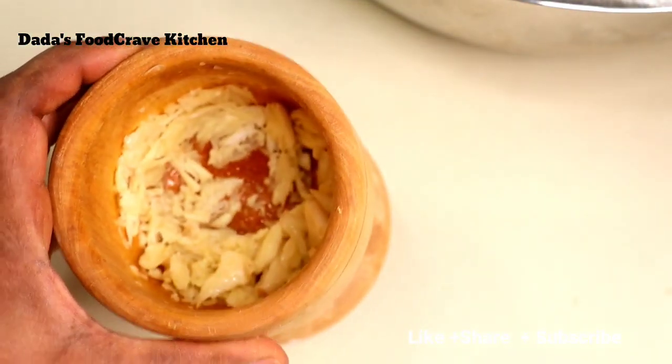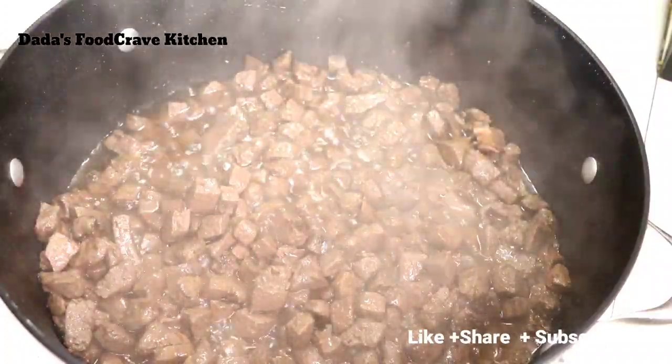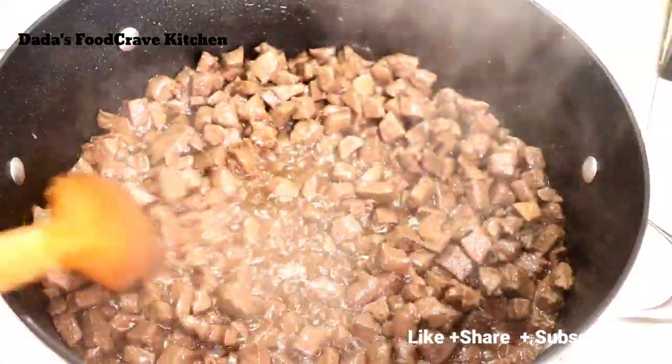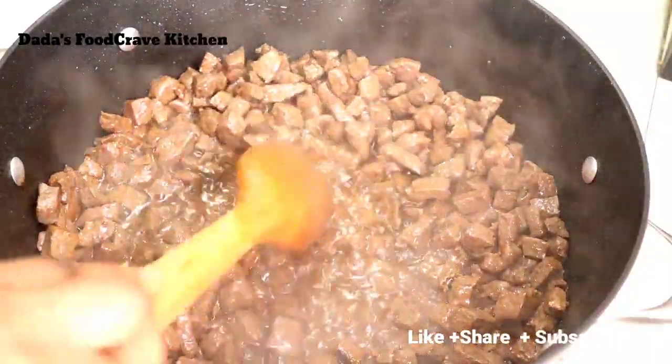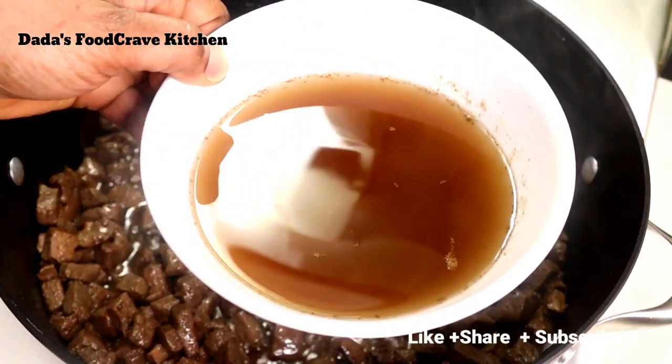As you can see, all that water is dried down. Now all you can see is oil. And off camera, I scooped some of the oil out like I promised in the beginning. If I need more oil, I will add more, but I took most of the oil out of the pot. And this is what I have left. So now that the liver is all fried and brown,